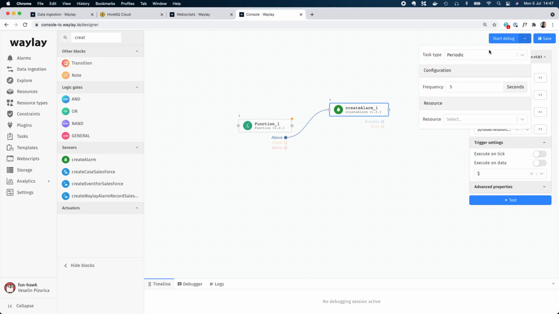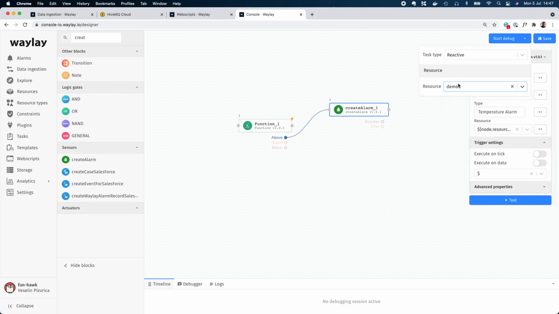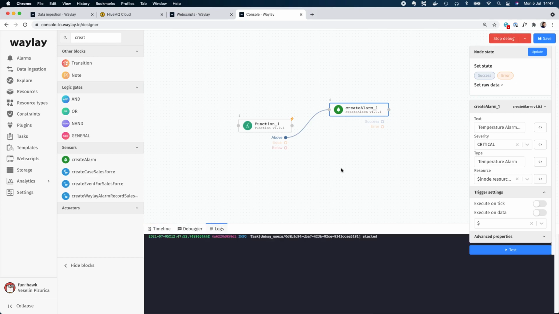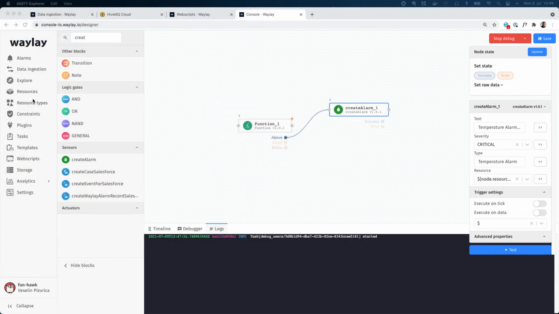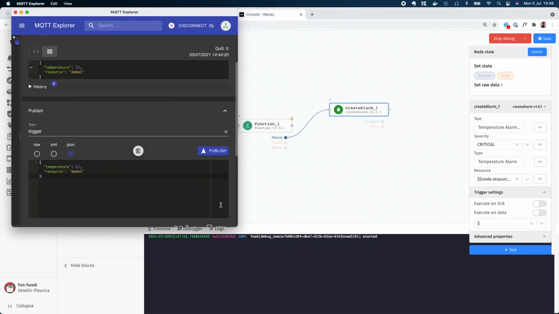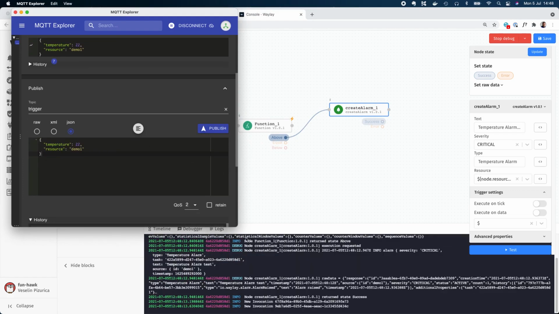And if you want to test that now, I will put that in a stream reactive mode. I will take demo 1. I'm now just going to create a resource, and all of this will be subscribed to the same resource. And what we see now, let me put it in the log mode, that if I push data, again 22, oops, my window is gone, all right, and I'm pushing it here, what happens is that the value was above,